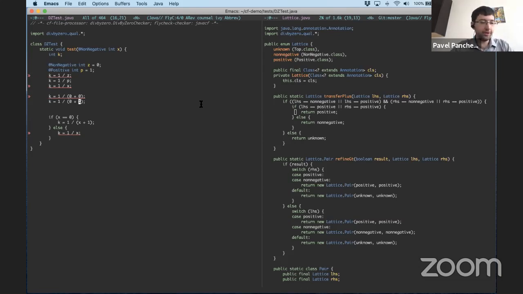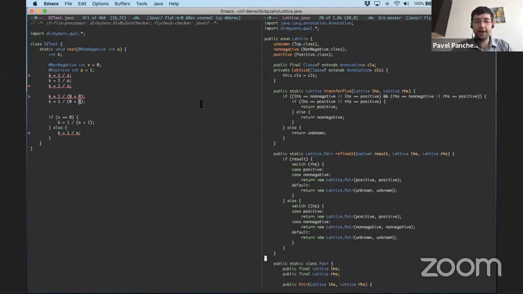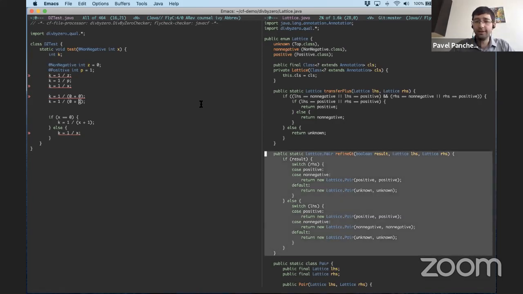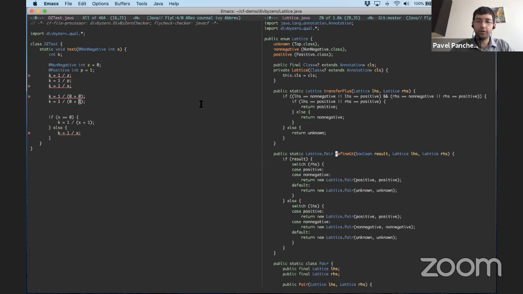Okay, and then the final thing that we talked about in class that I wanted to demonstrate here is this idea of refinements. So here I have a little example of a refinement method called refine greater than. So refine greater than will be run every time you have a greater than comparison. And in particular, a greater than comparison sets a control flow node, as in a conditional that is a greater than. So what is that doing?